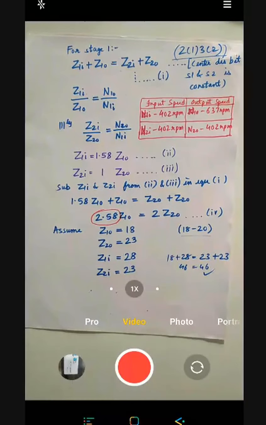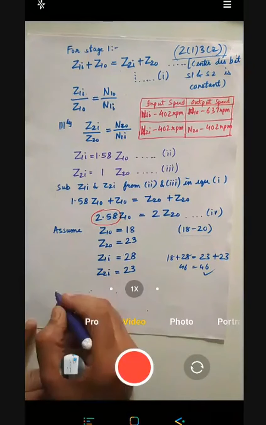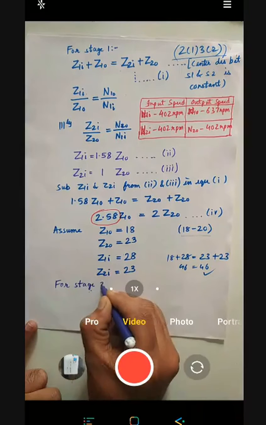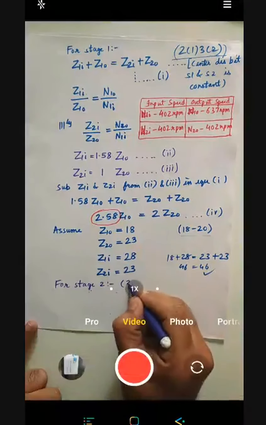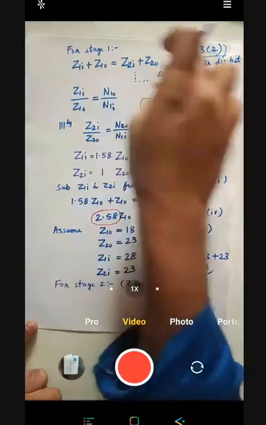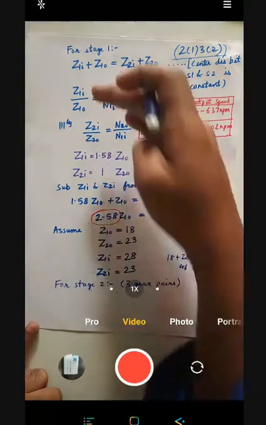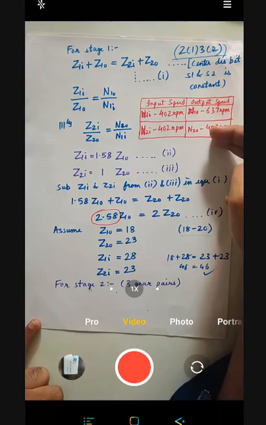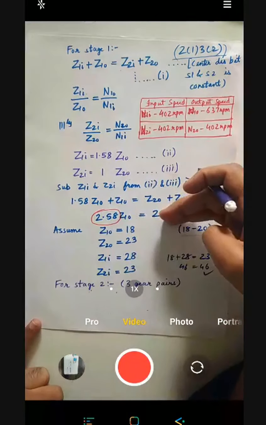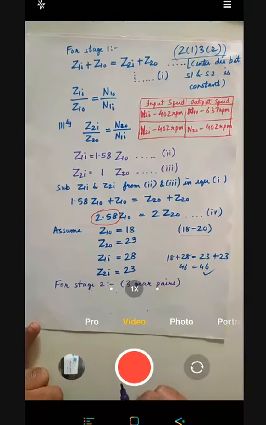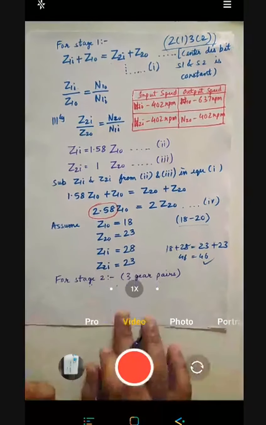Okay, so the same way you have to proceed for stage 2. For stage 2 there are 3 gear pairs. तो सेम वे में आपको एक इक्वेशन बनाना है, फिर उसके सब इक्वेशंस बनाने हैं, एक स्पीड का टेबल बनाना है आपको, इनपुट वैल्यूज देकर रिलेशन में उसको सब्स्टिट्यूट करके किसी चीज को अज्यूम करके बाकी सारी चीजें कैलकुलेट करनी है. आया समझ में? So now you tell me what will be the equation for stage 2.